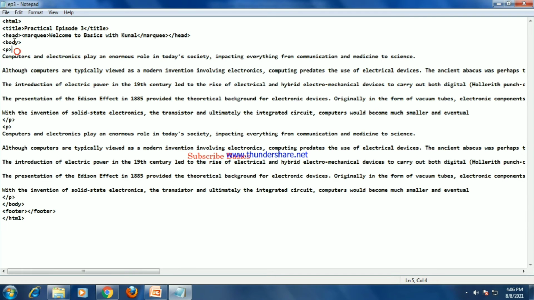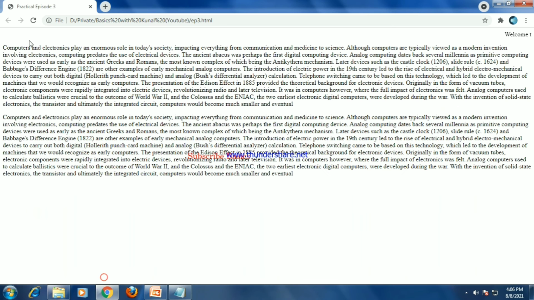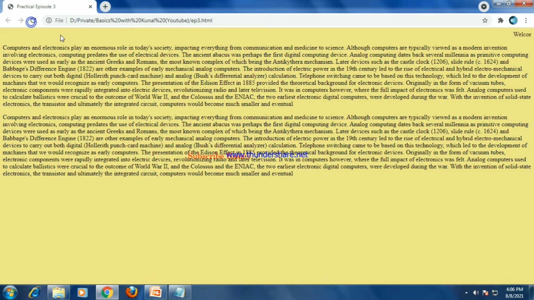So now to introduce background color, I will put an opening greater than sign and then write body space bgcolor equals to, suppose I want to put the color as khaki, then close the quotes. Now let's save and refresh, and nice. You can see how the background color has changed.